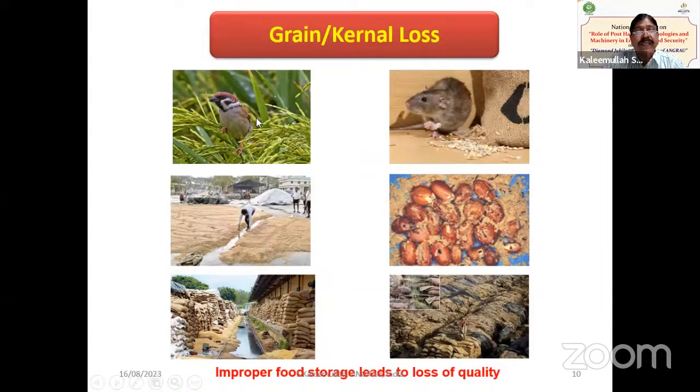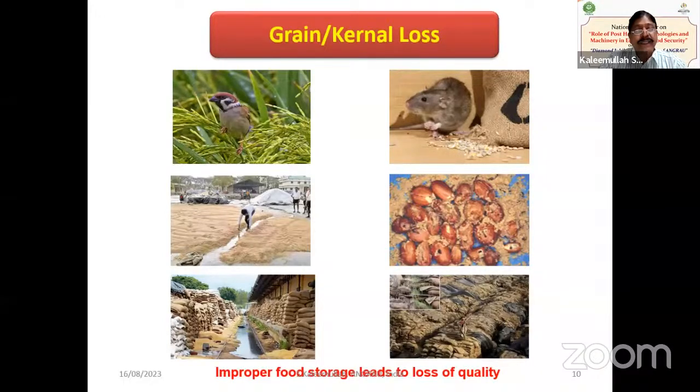In the first figure, you'll see the paddy crop, which is supposed to be at the harvesting stage. Exactly at that time, certain birds will come and start eating those grains. And in the second one, you can see the farmers, after spending some 6 or 7 months on crop raising, then harvesting, threshing, drying, everything, when they go to the market yard to sell it, if in the market yard there are no proper